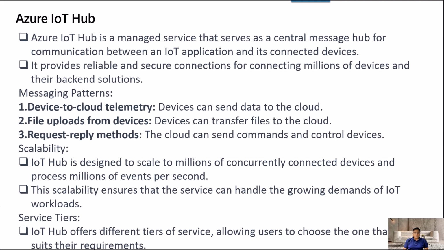Then the second pattern is file uploads from devices, which means that devices can directly transfer files into the cloud and the cloud can directly process these files. This gives a very powerful capability because the data could be ingested from multiple sets of devices across the globe. Then the third pattern it supports is the request reply method, which means that the cloud can send commands to